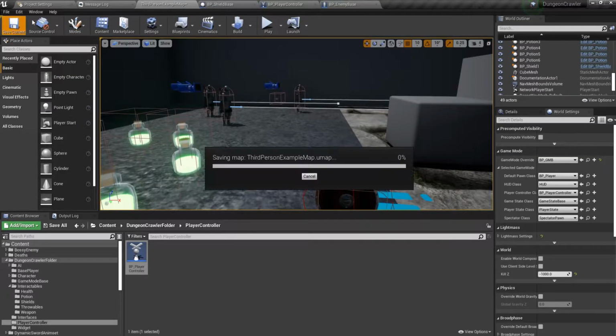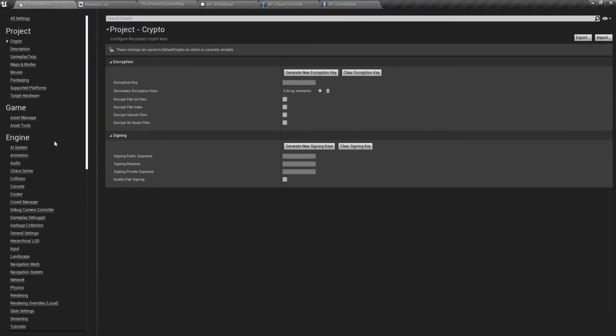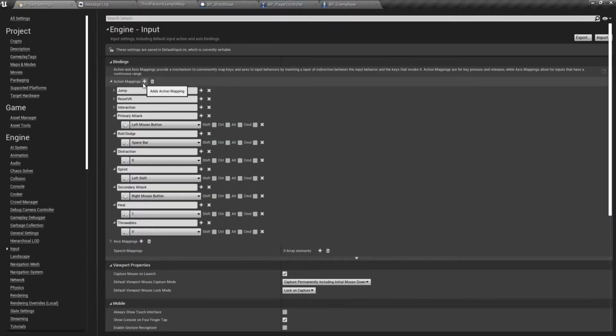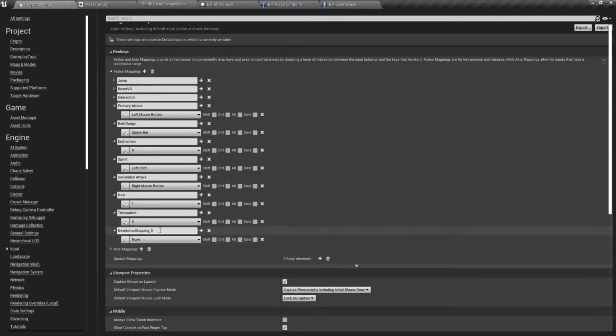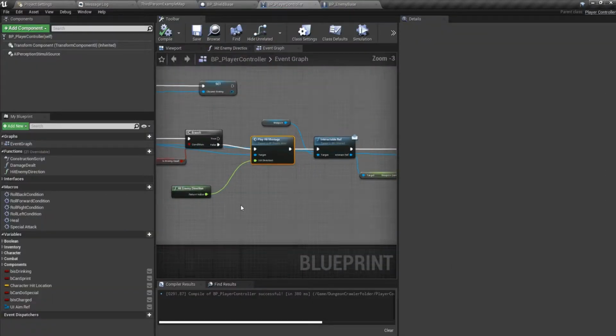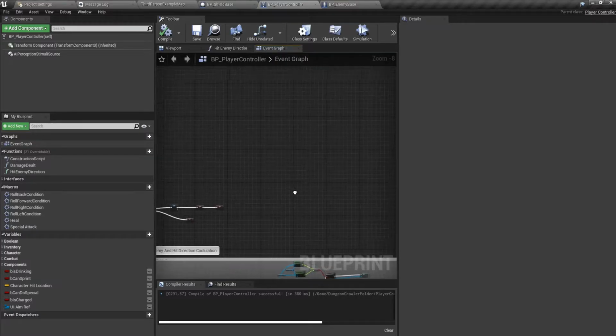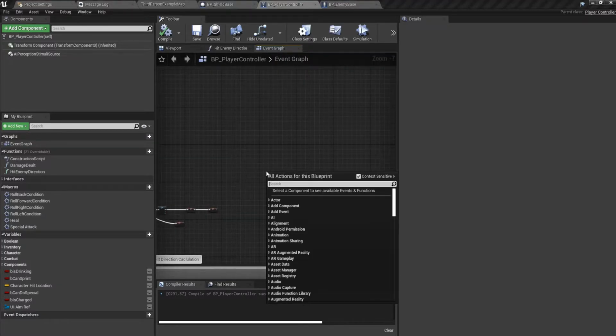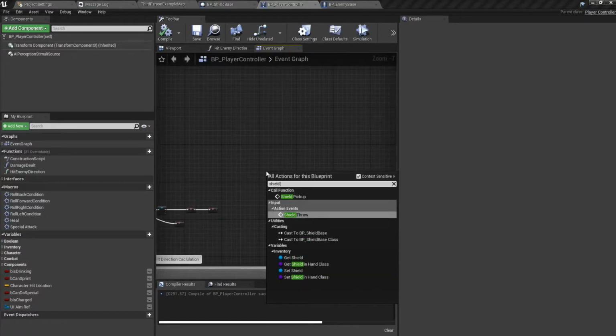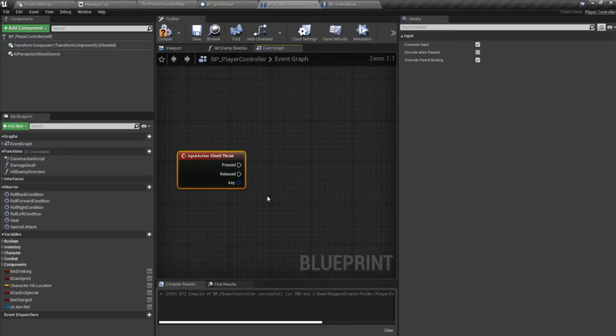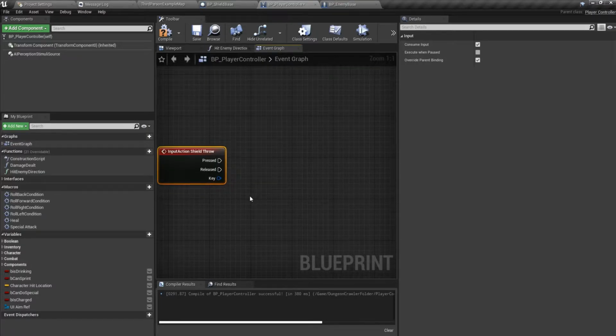Let's go to project settings. In input we want to have an action mapping, and we'll call it shield throw, and we'll have it at Q. You can have it anywhere you want. So let's make the shield throw, and from here we will